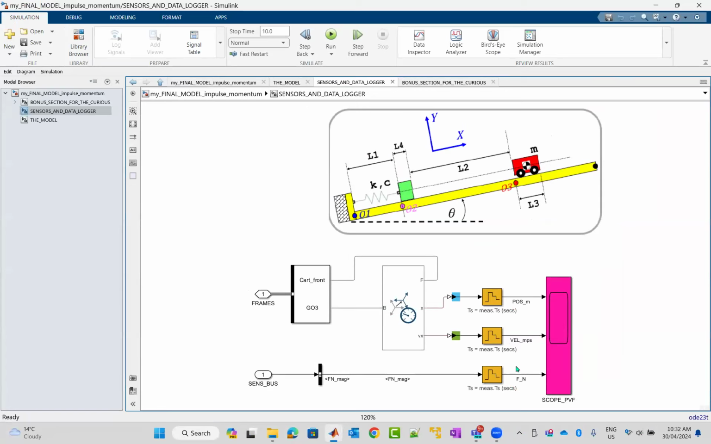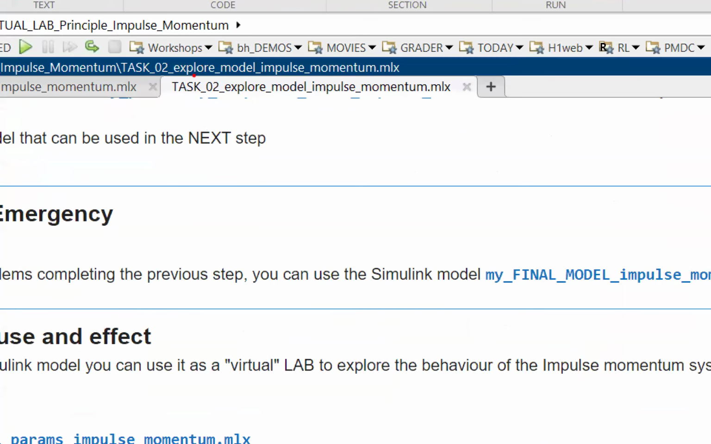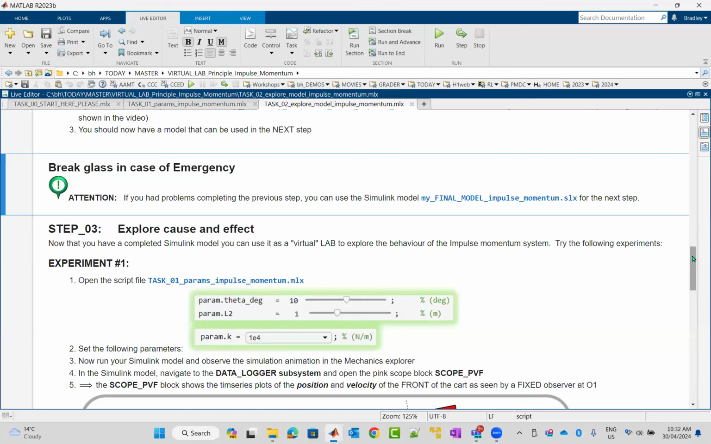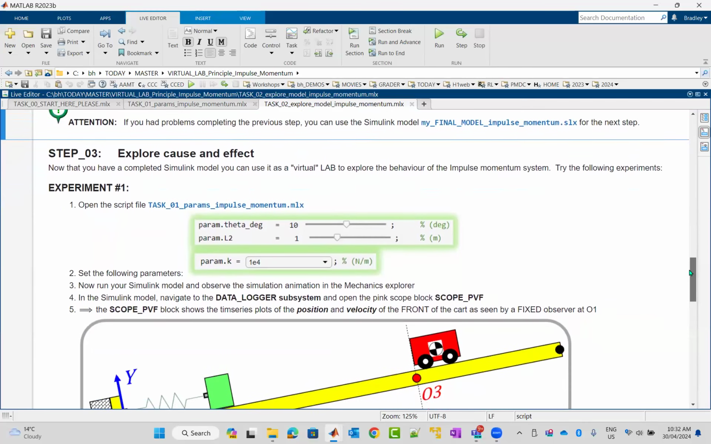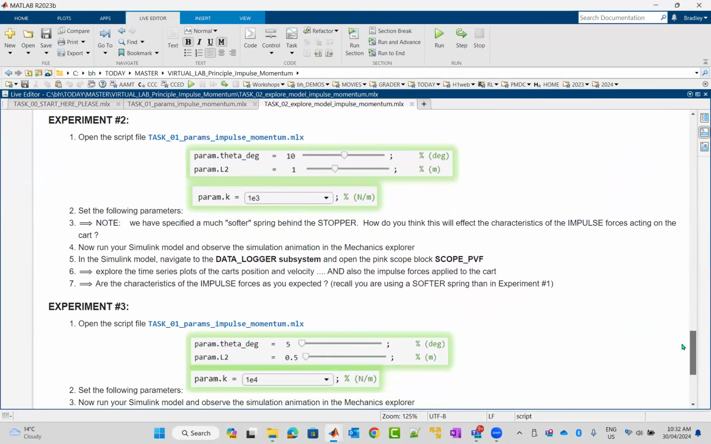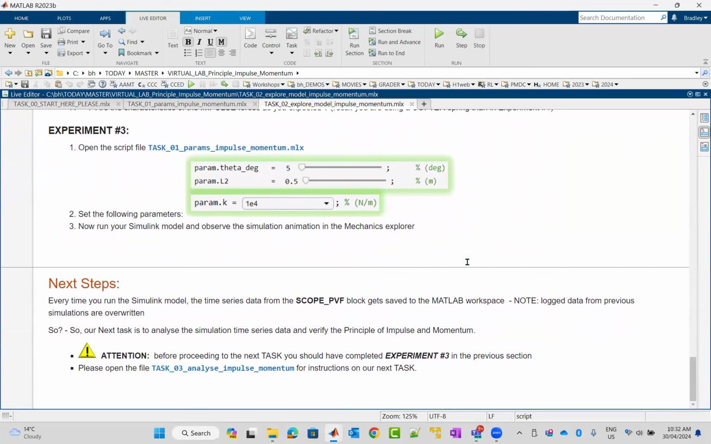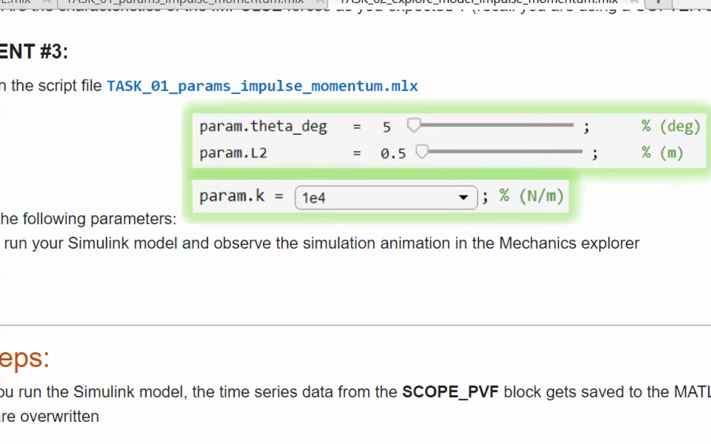let's run an experiment. So I'm going to go back to our MATLAB script. And I want you to go to the task 2 script and just scroll all the way down to experiment number 3. So experiment number 3,